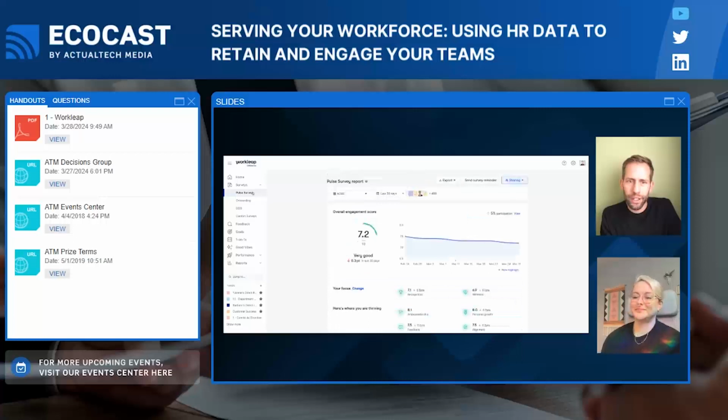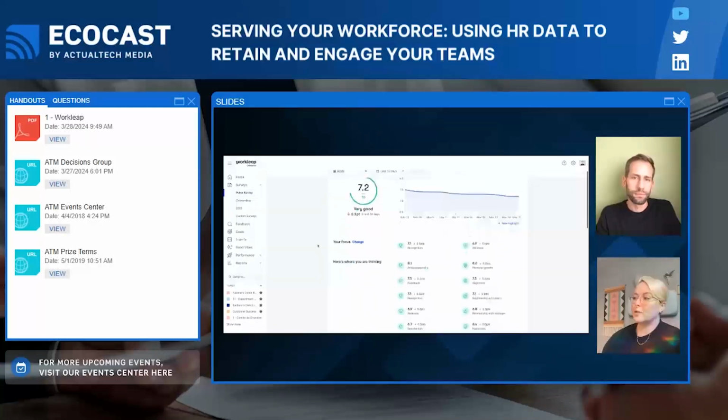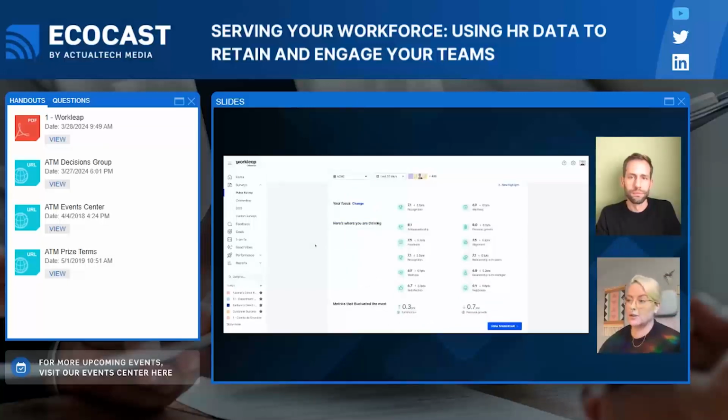Next one is, how can HR leverage data to create a more supportive workplace culture that fosters employee loyalty and satisfaction? Well, that's great. With not just the overall engagement score, because of course we do have different indicators for personal growth, satisfaction, and happiness, there are other things built into our tool like Good Vibes. So Good Vibes is our recognition tooling as well.